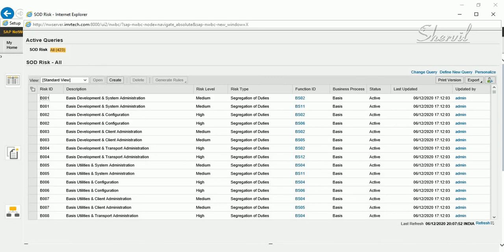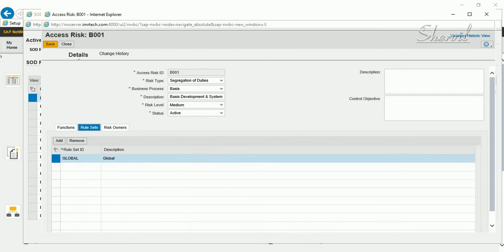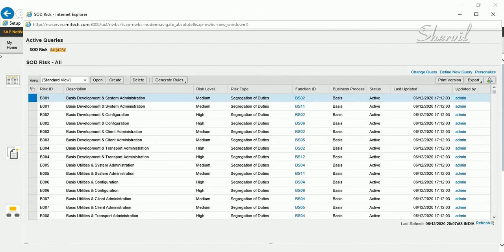When you look at the risk ID, you also have to assign a rule set to that risk ID, okay? That's one thing. And also when you look at the function ID,